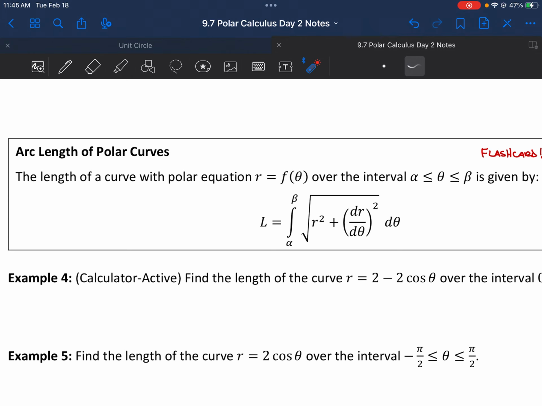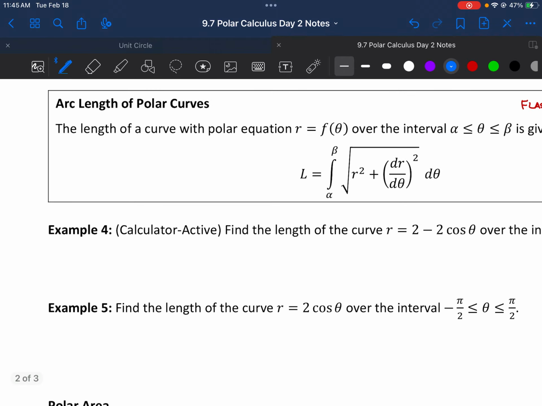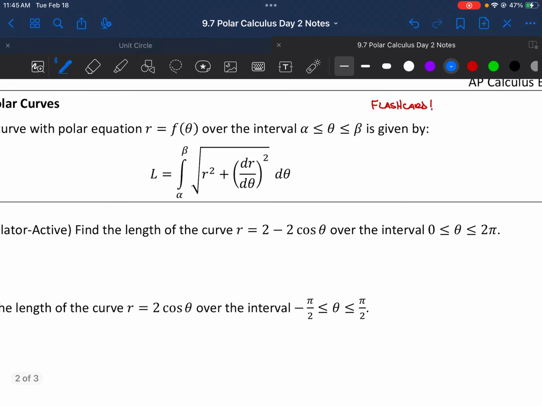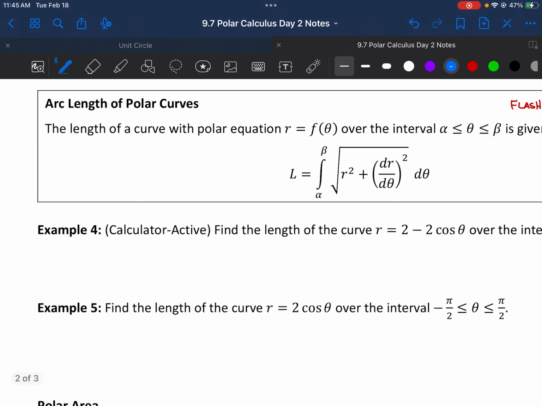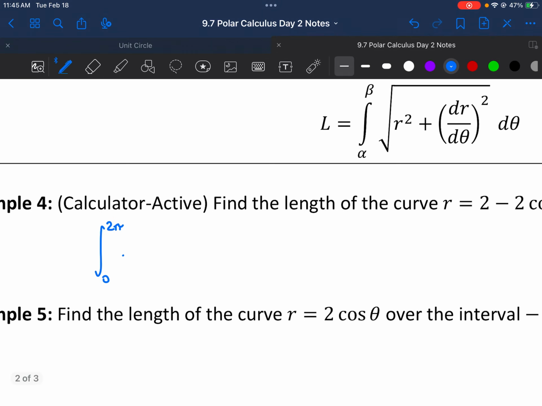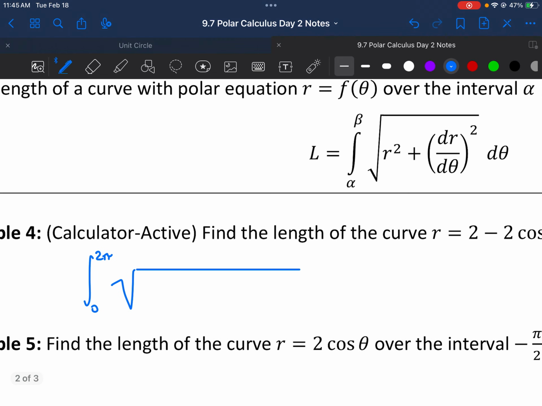Okay. The first one is calculator active, so use your calculator to calculate. But let's find the length of the curve when we know r is 2 minus 2 cosine of theta over the interval from 0 to 2 pi. All right, so that's going to be the integral from 0 to 2 pi, square root r squared, r is 2 minus 2 cosine theta, so 2 minus 2 cosine of theta squared,